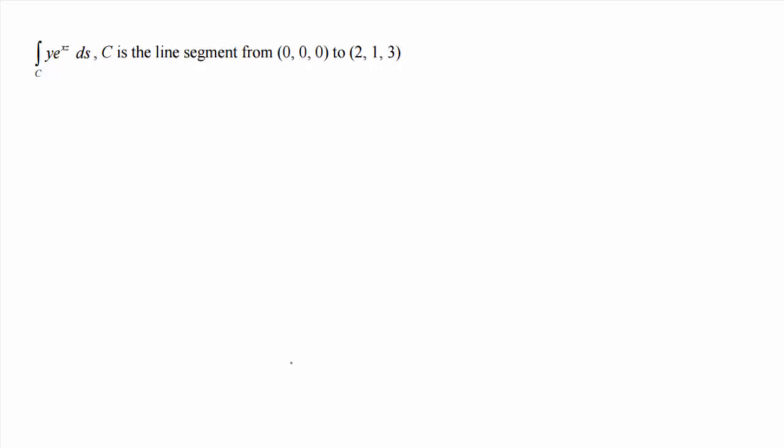So we have the integral over c of y times e to the x times z ds, where c is a line segment from 0, 0, 0 to 2, 1, 3. All right, well, let's write down the generic formula. If you want to integrate over c, f of x, y, z ds,